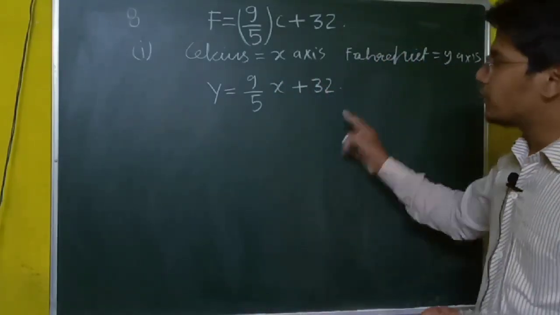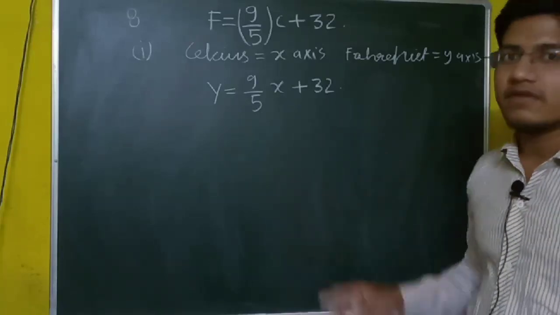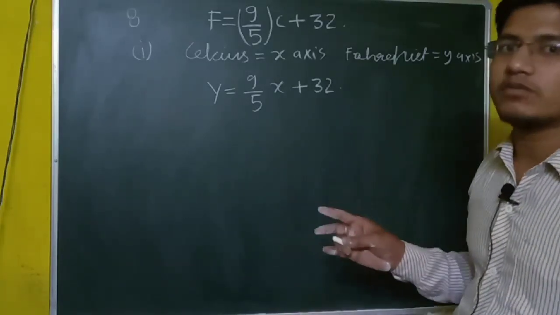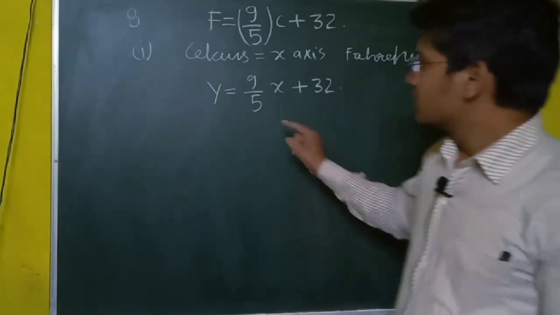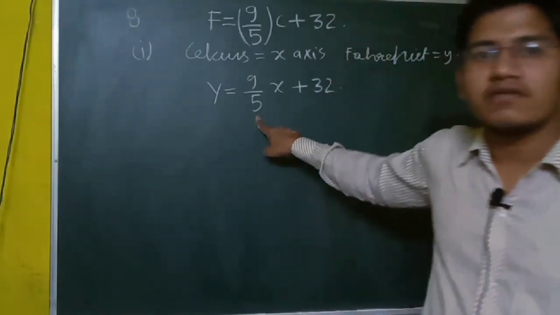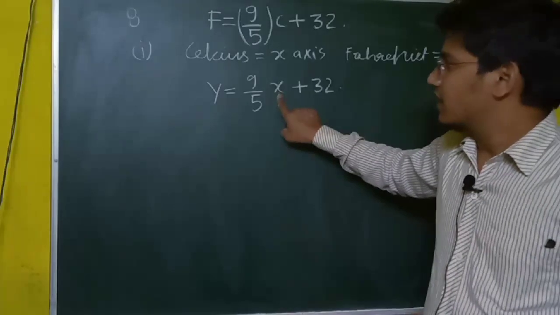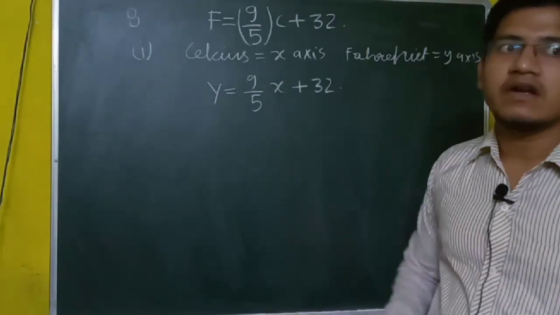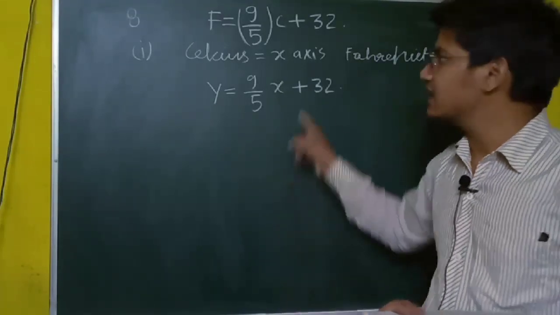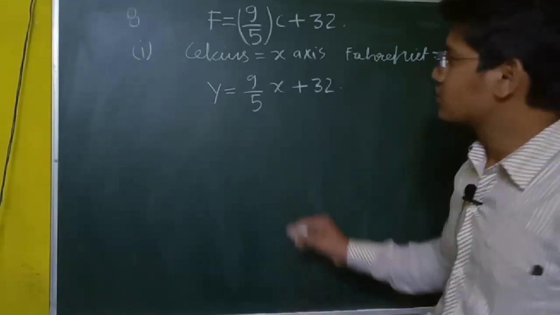Now we have to find two solutions from this equation, and with the help of those solutions we will draw the graph of this equation. Here in the denominator we have 5, and in the numerator we have x. So in place of x, if we take a multiple of 5, it can easily be cancelled out. So we will take here,